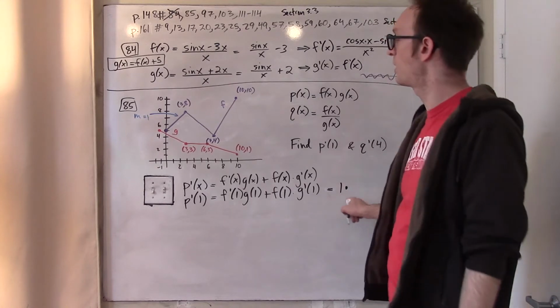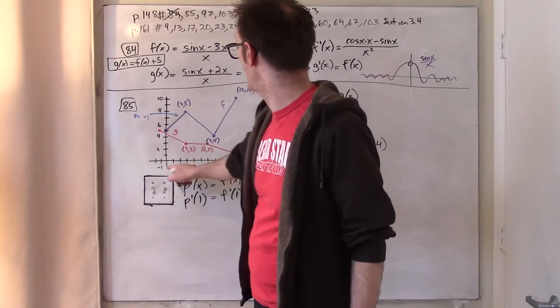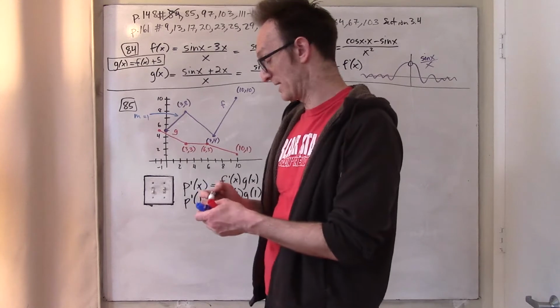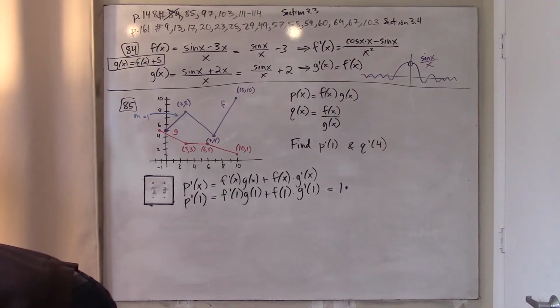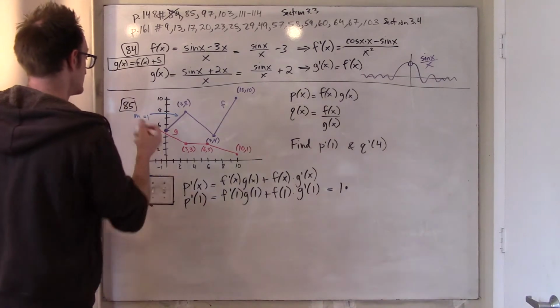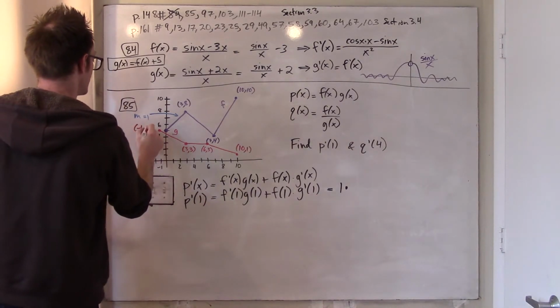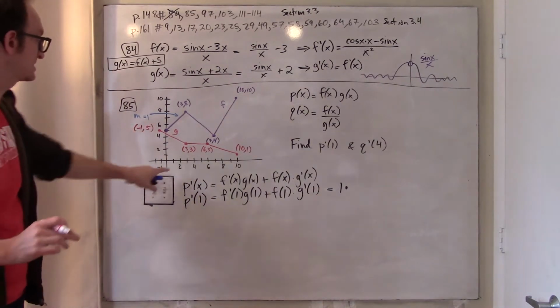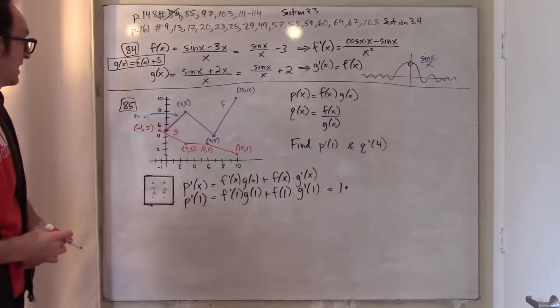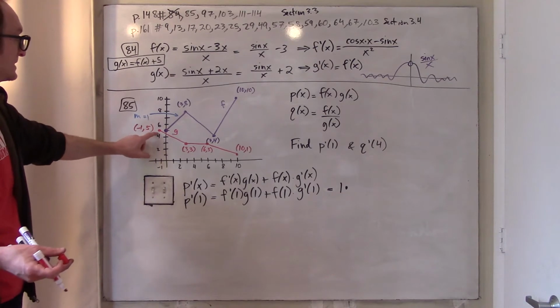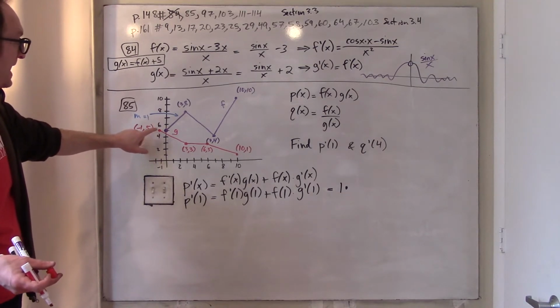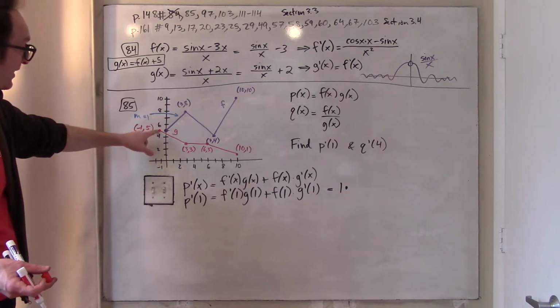Good. What is g of 1? Well, what is g of 1? This is actually a little bit annoying, maybe. G, I promise it's completely clear from the book, has a point at negative 1, 5. So this is negative 1, 5. And so now I kind of just need to plug 1 into this g function. Man, that's actually pretty annoying. Well, let's do it. Where am I? I am here at 5. And